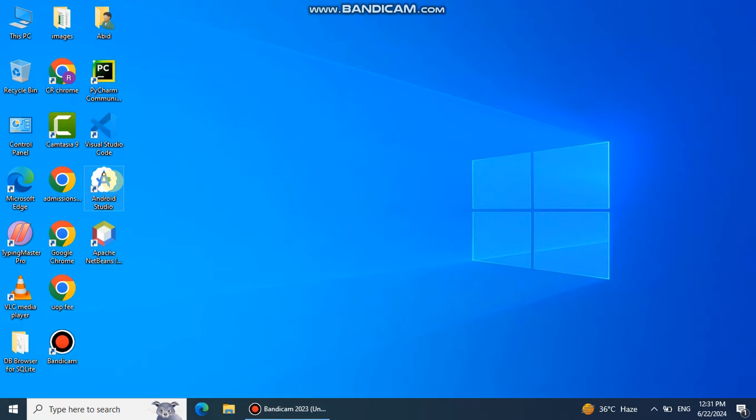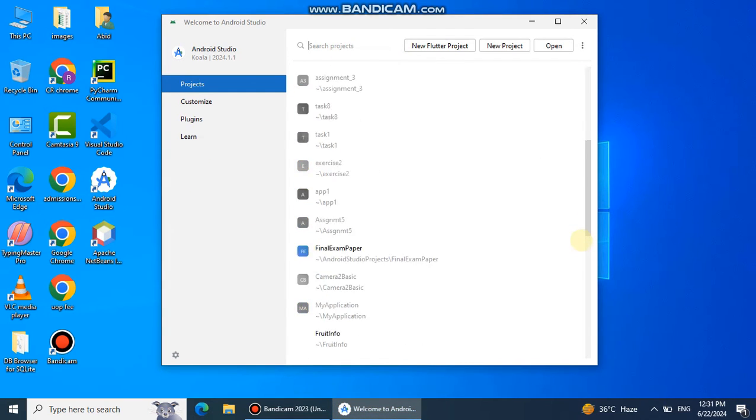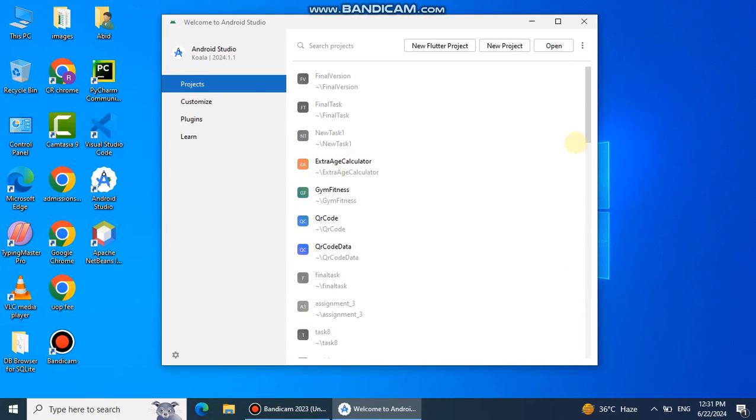This tutorial is about how to create your first app in Android Studio. Click on the Android Studio icon, and here you can open any recent Android Studio project from the list. You can see it. If you want to create a new project, click on New Project,